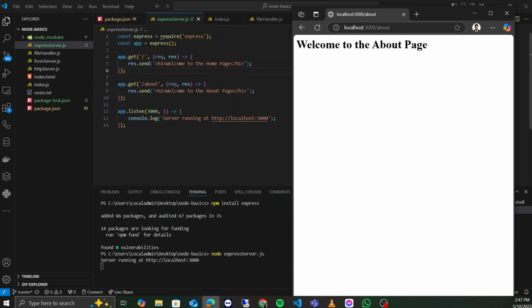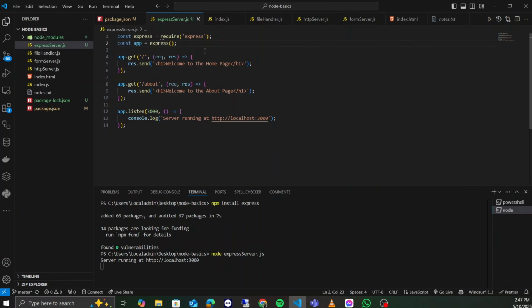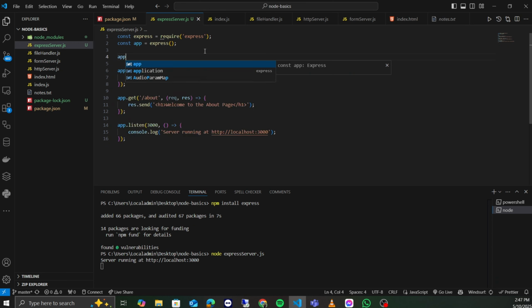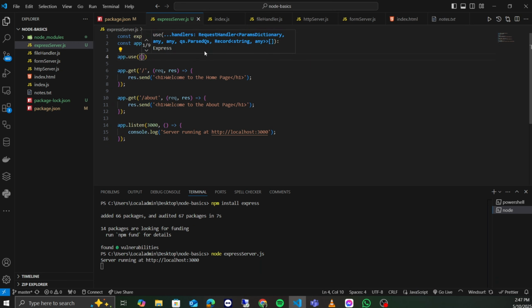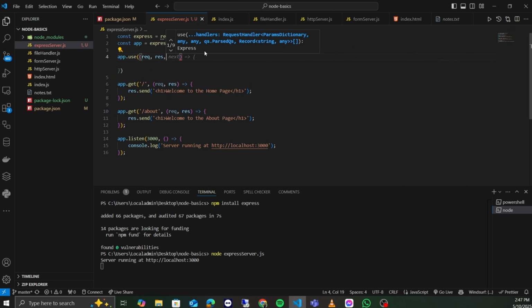Now let's introduce middleware. Middleware is code that runs between the request and response. It is useful for tasks like logging, authentication, and parsing request data. For creating a middleware, let's use app.use where I'm passing request, response, and next,